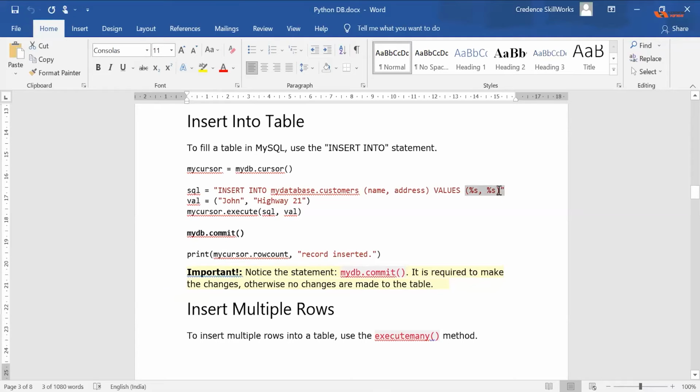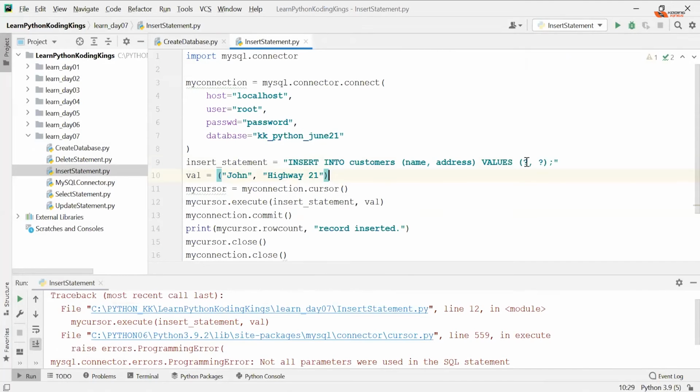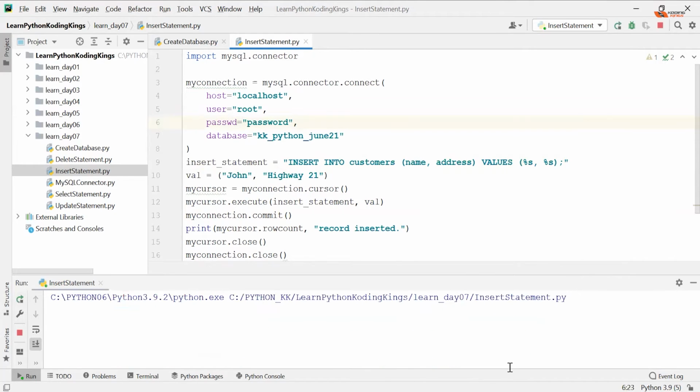Okay, one thing is question mark. We need to pass this as a string, not question mark. So in Python, the query considers all the parameters as %s, regardless whether you are passing an integer, float, decimal, doesn't matter. A tuple you can always pass it as a what? String. So that's why %s. %s will be replaced by the values in left to right order. So first %s will be replaced by the first value. Second %s will be replaced by the second value. Simple as that. Okay. So now go ahead and run it again.